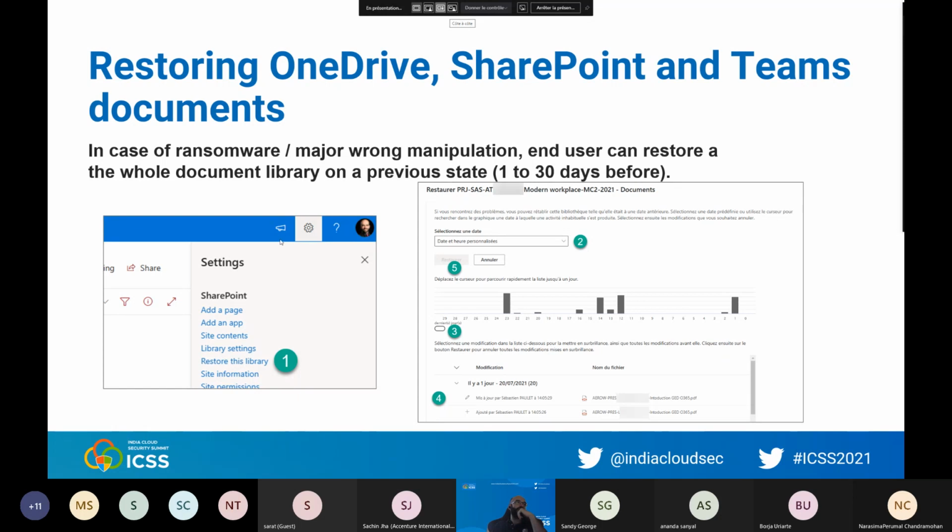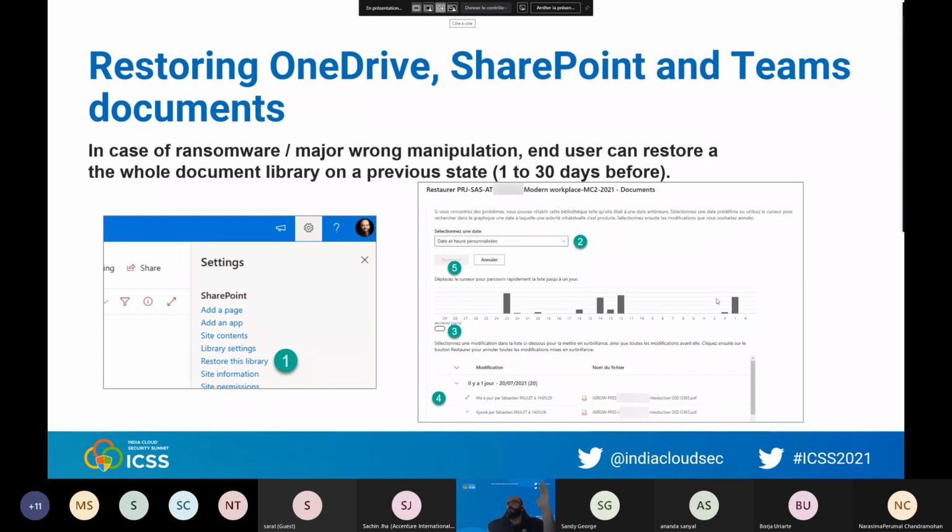This one is the menu for SharePoint, but you have something like that for OneDrive. You go on the gear wheel here on the top right corner, click on Restore this library or Restore OneDrive, and you will go on such a screen where the end user alone can restore the previous state of the document library or the OneDrive or the Teams a few days ago.